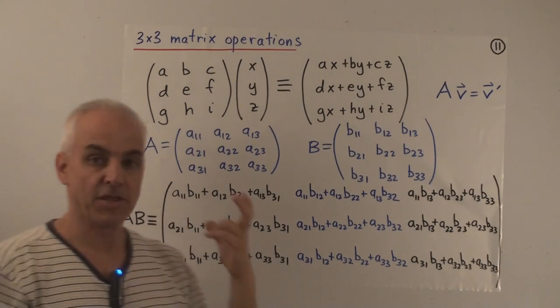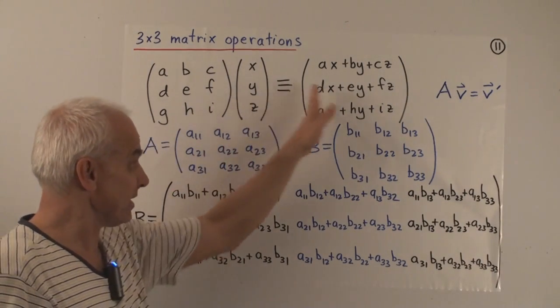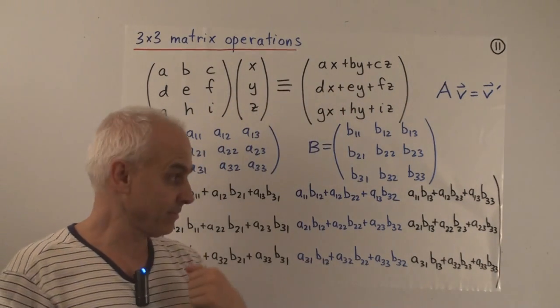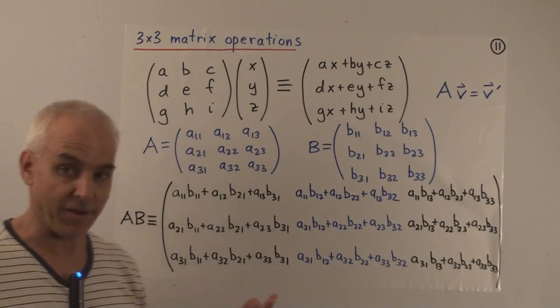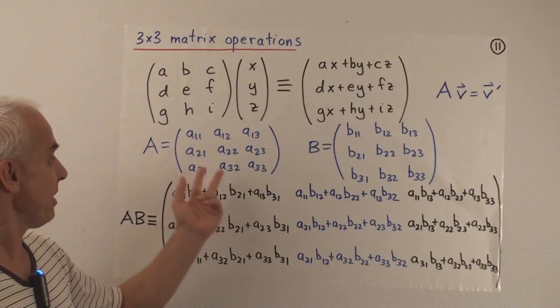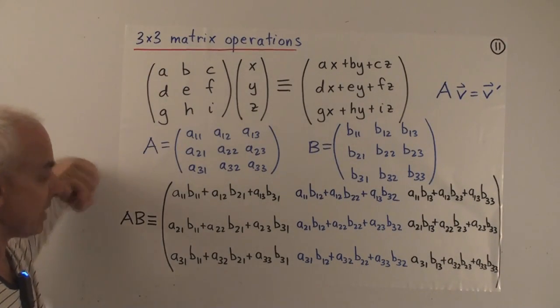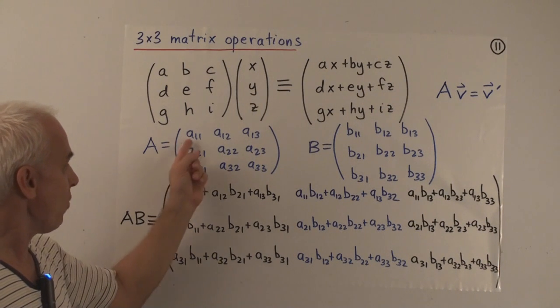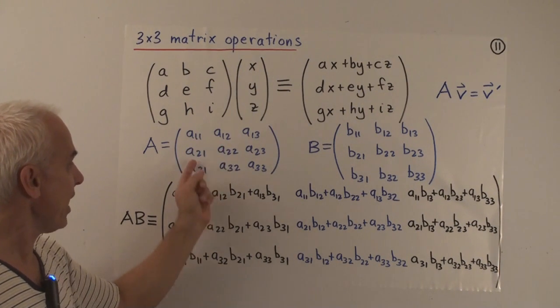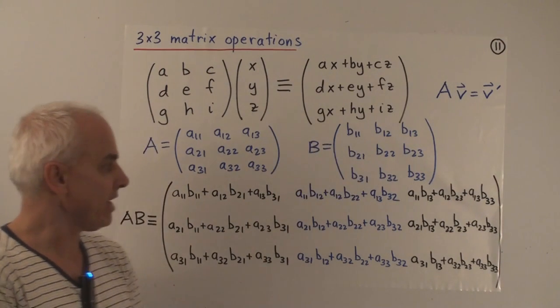And now we're going to introduce the product of 2 matrices, which essentially uses this inside it. Okay, it's a little bit complicated because they're bigger matrices. So here's the matrix A. And this time I'm not going to use a, b, c, and so on. I'm going to use the indices notation. A11, A12, A13, A21, and so on. And here's another matrix, B, with exactly the same index notation.